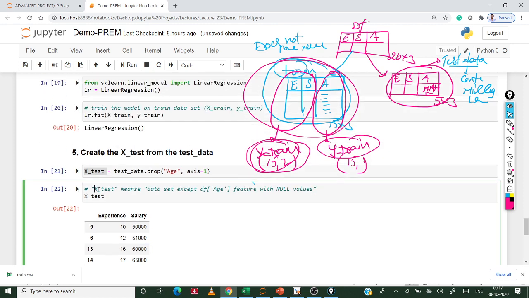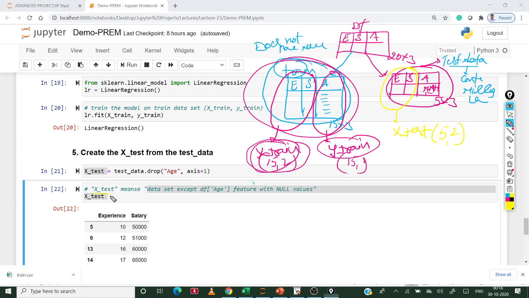What does X test mean? X test means a data set except the df of age feature with null values. So this is the X test, and its shape is 5, 2.